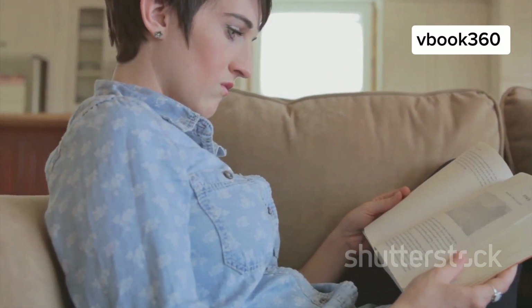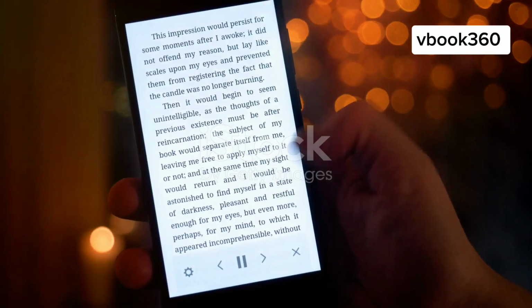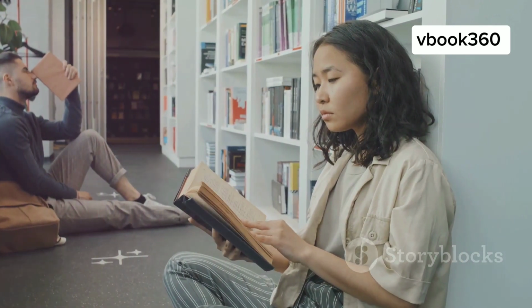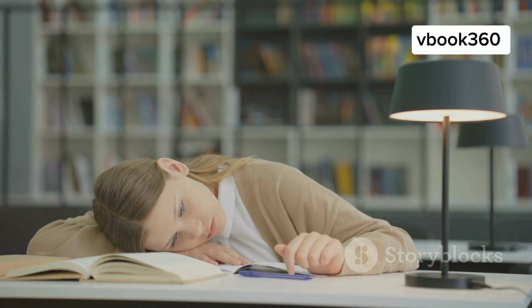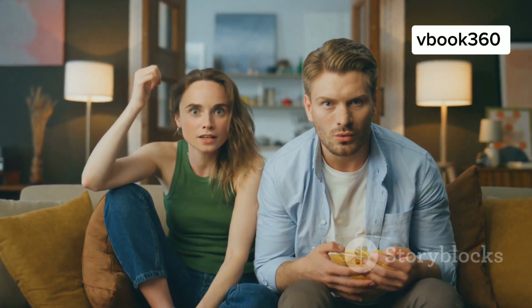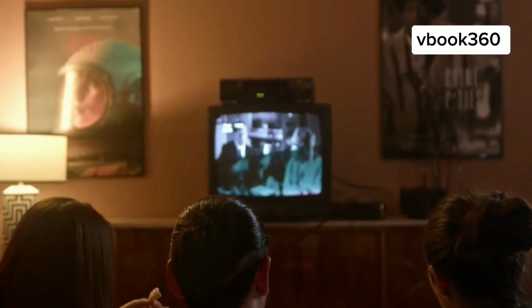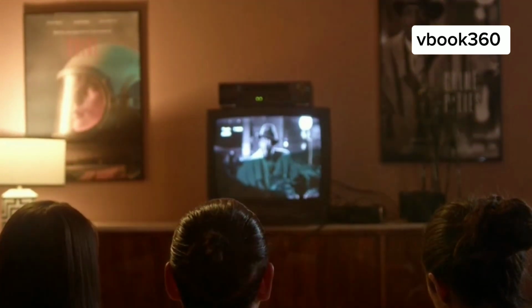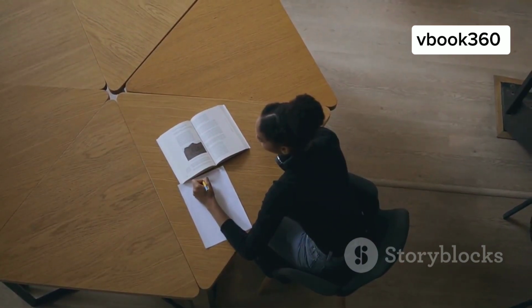Section 6. The Perils of Binge-Reading. Binge-watching and binge-reading, fueled by streaming services and vast digital libraries, have become increasingly popular. While these activities can be enjoyable, they may have implications for memory retention. Consuming large amounts of information in a short period can overwhelm our cognitive processing abilities. Studies on binge-watching have shown that while viewers may recall details immediately after finishing a series, their memory of the content fades significantly over time compared to those who watched it at a slower pace. This suggests that spacing out our consumption allows for better consolidation of memories.